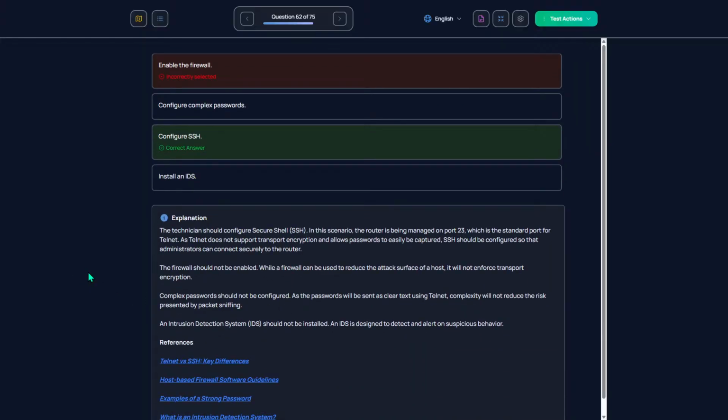In this scenario, a router is being managed on port 23, which is the standard port for Telnet. Telnet is bad. Telnet does not support transport encryption and allows passwords to easily be captured. SSH should be configured. Okay, so port 23 is Telnet. Telnet is bad. We should enable Secure Shell.